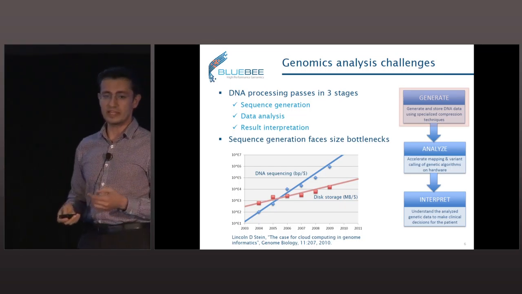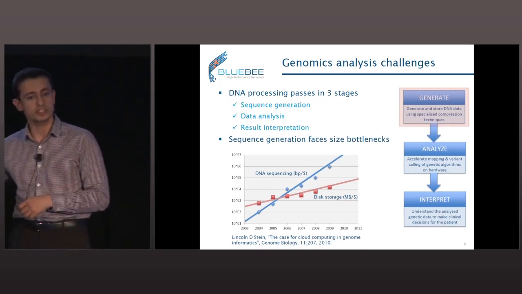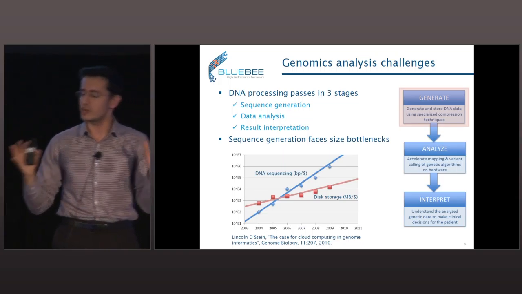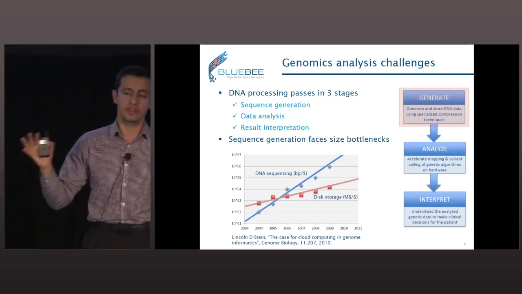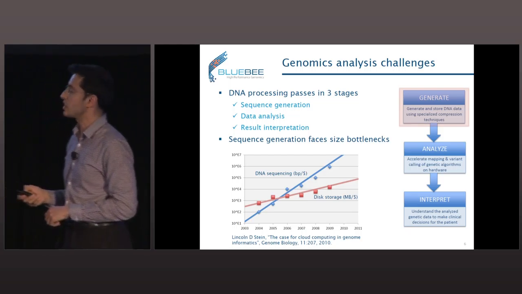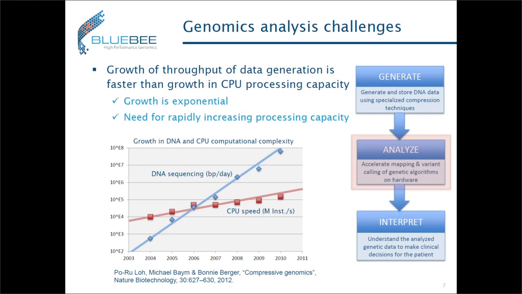And this is a problem that has already been projected. A couple of different researchers have predicted that the field of genomics will be the biggest generator of big data within the coming 5 years, something that we should keep in mind to be able to address in the coming years. The second phase within the genomics field is the analysis of